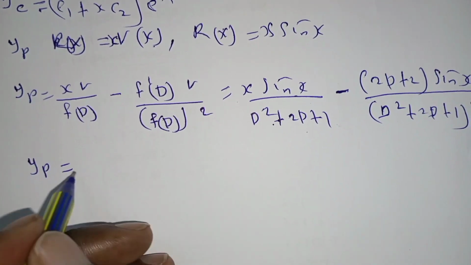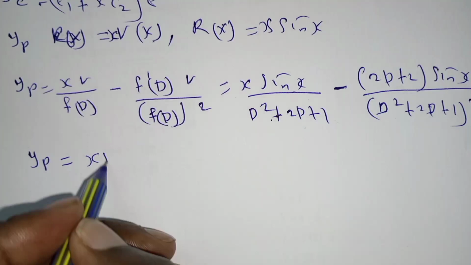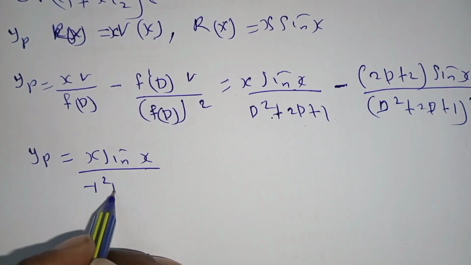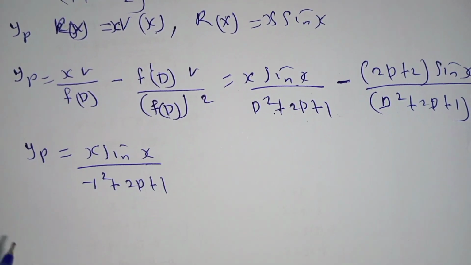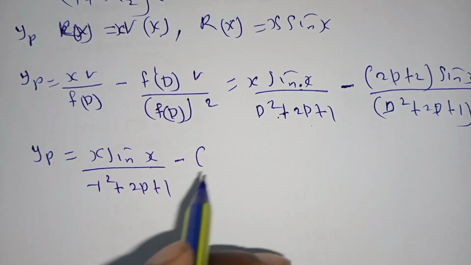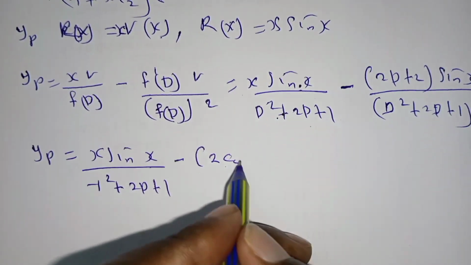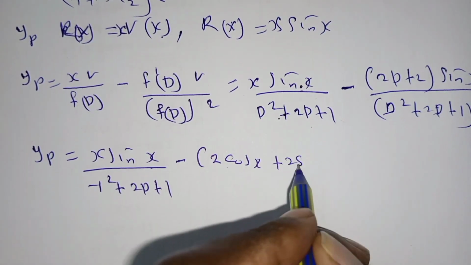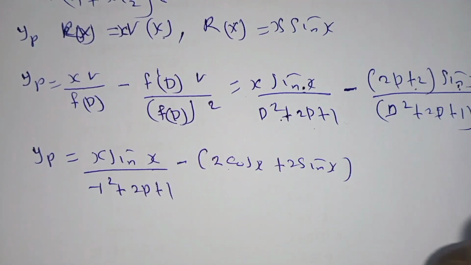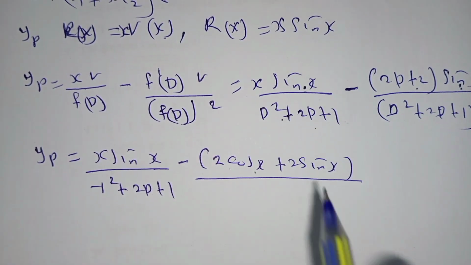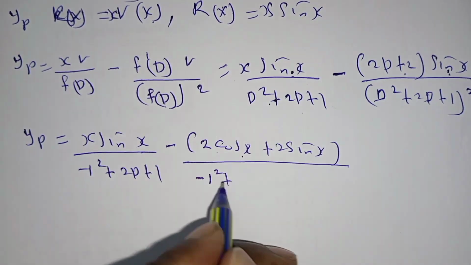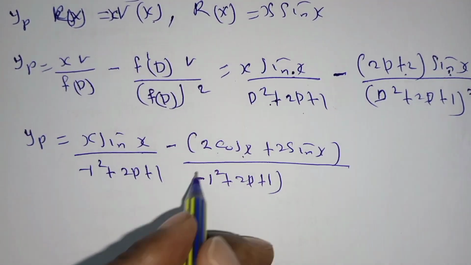Yp is equal to x sine of x divided by (D squared + 2D + 1). We substitute the value there, minus (2 cos of x + 2 sine of x), where I have differentiated the sine of x to get cos of x, divided by (-1 + 2D + 1). We square this part,